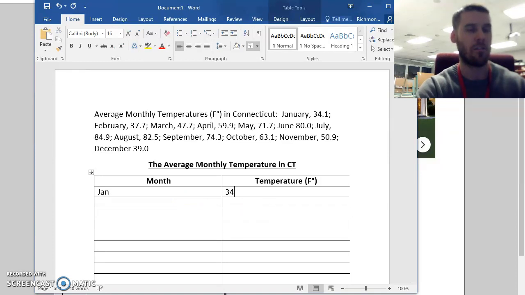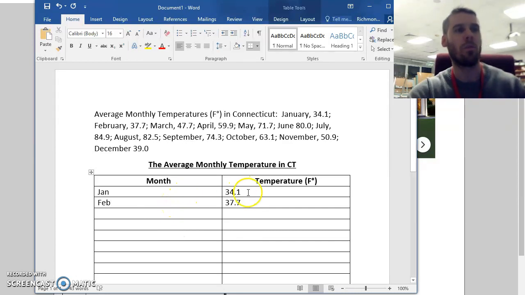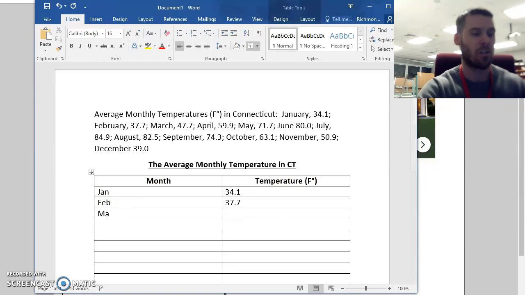January 34.1, February is going to be 37.7. There's no need to put F and the degree symbol next to it because you've already done it with your column label. March